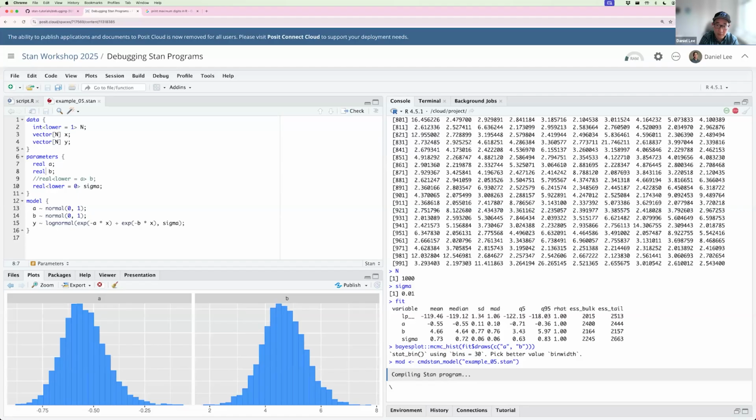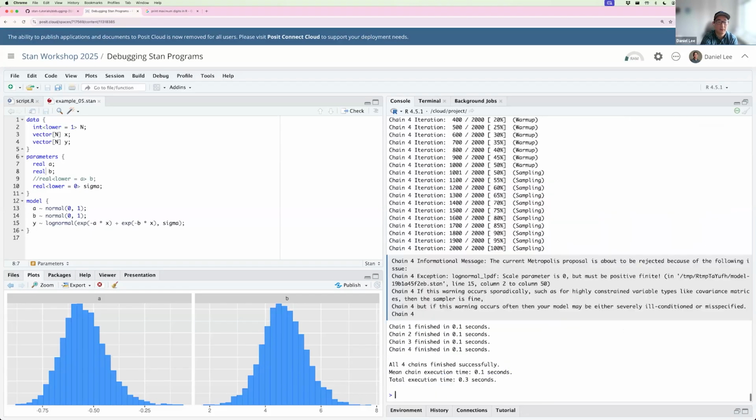So the mode's happening in two different chains, right? This is an interesting thought experiment here, since we're in Bayesian inference,